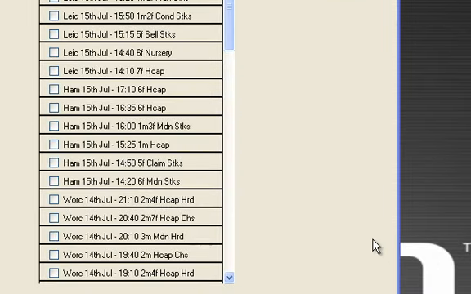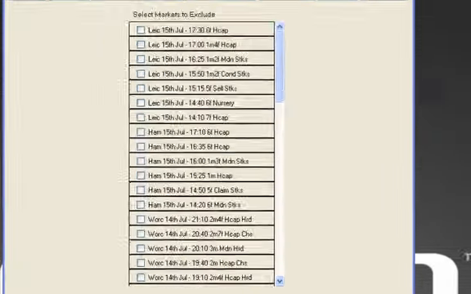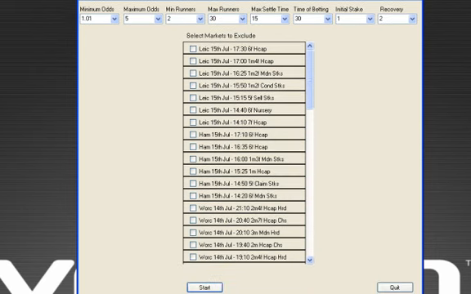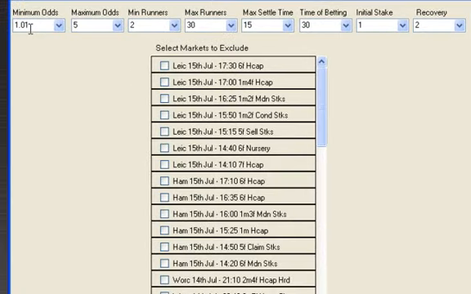So once you've logged in, you'll be presented with this screen where we've got a few basic items along the top. There is a help button, but currently it is not active in this beta testing pre-release version, but we will have that up and running for the full release. You have a number of settings, the minimum odds. These are lay bets you'll be placing, so the minimum odds you're prepared to lay at, well, I run it